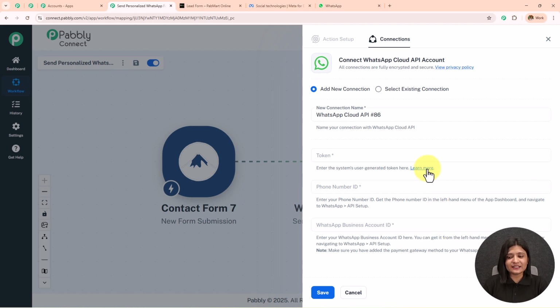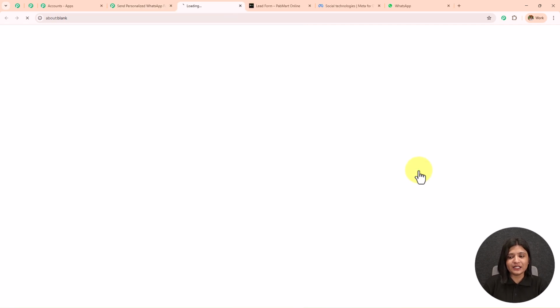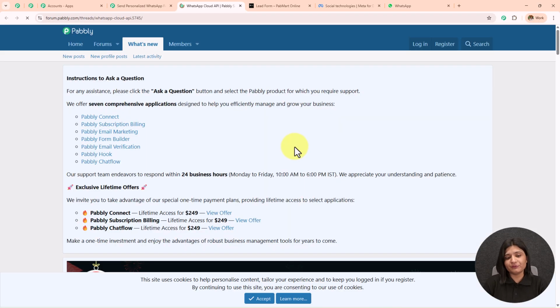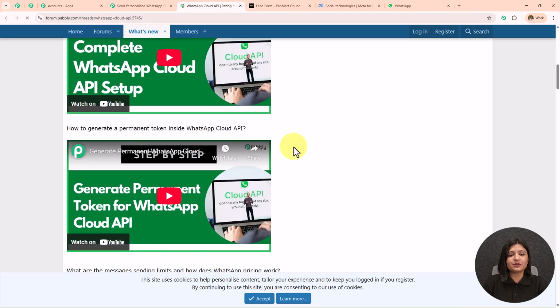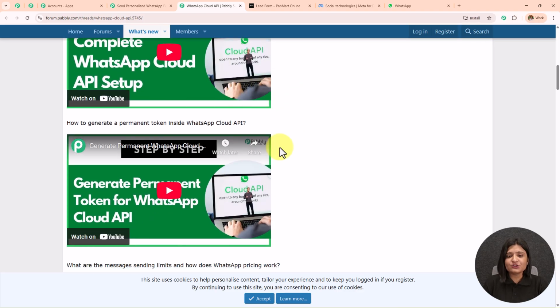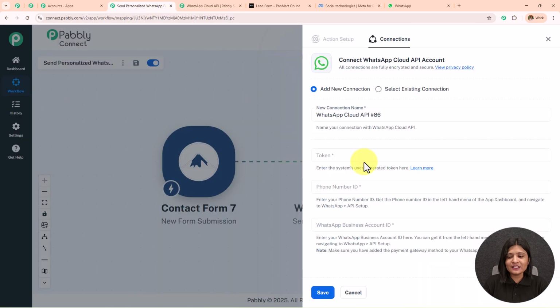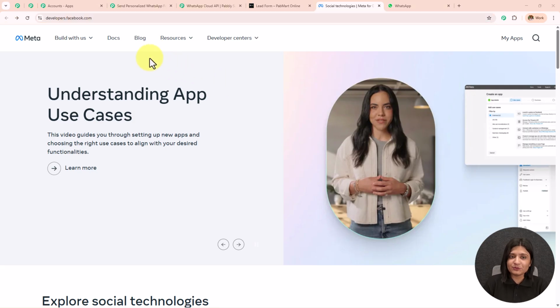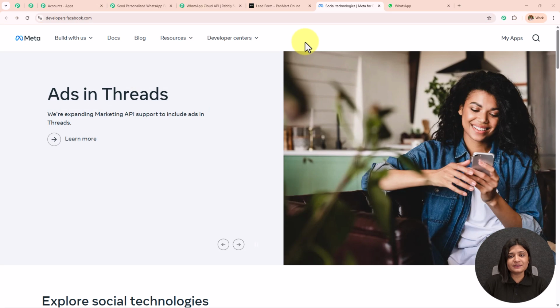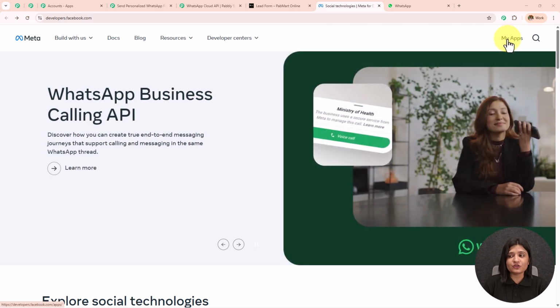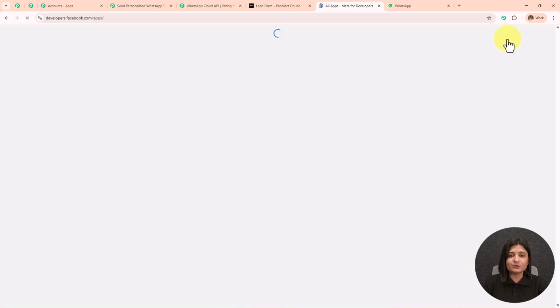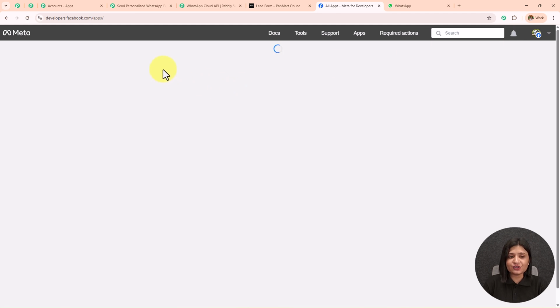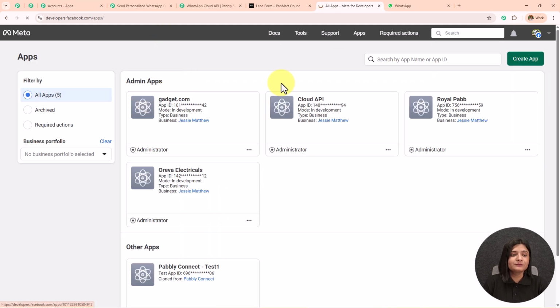To get these details, over here I am provided a hyperlink. I am going to open this and I will be redirected to the forum page of Pabbly. If I scroll down, I am provided with 2 video tutorials which I can watch to get these details. So now to get these details, I am going to open Meta for developers, and you can visit this simply by typing developers.facebook.com. After landing on this page, you can see my apps on the top right corner. So we are going to open this, and I have created the application which I am going to open, and